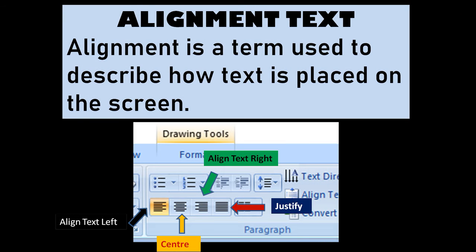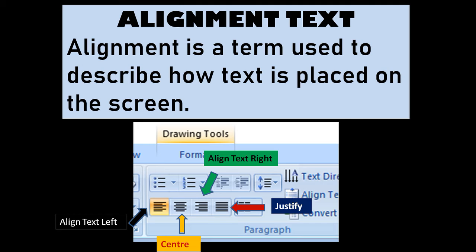Let's see another important formatting section, text alignment. Alignment is a term used to describe how text is placed on the screen. Basically there are 4 types of alignment: align left, align right, center and justify. These alignments help a lot in the document to set the text alignment.